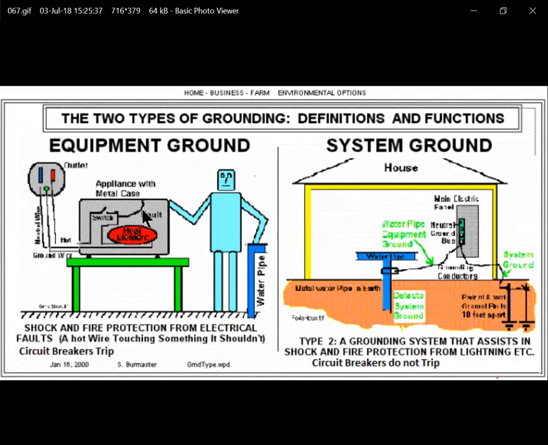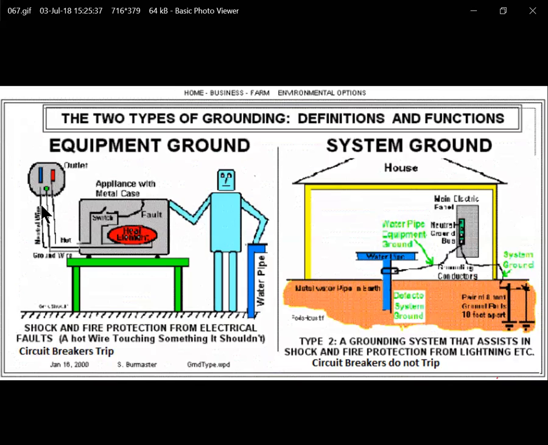A fault just means that there's some connection between a hot wire and the metal frame of the device, which in this case, I guess, is a microwave oven. And so if there was a hot between here and here, and this person had plugged